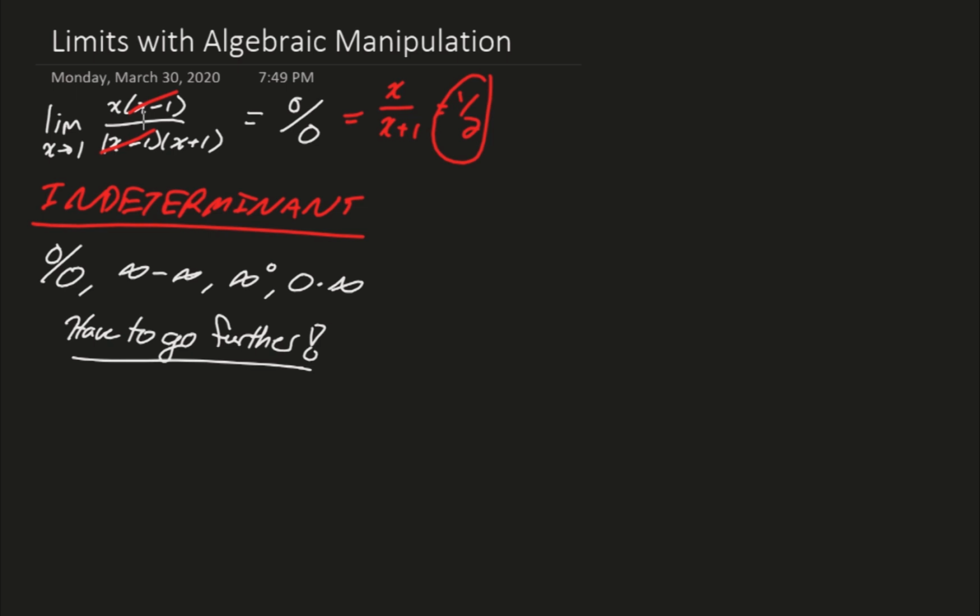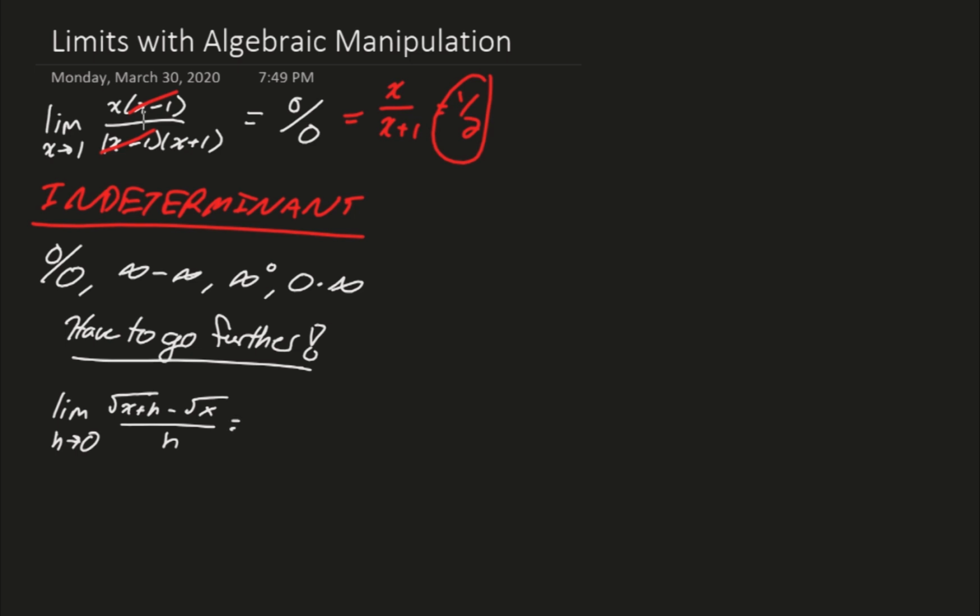So, that being said, there are a couple different times in which we have to do algebraic manipulation. Frankly, it's any time we get an indeterminate answer. So a very, very common one that you're going to encounter when you get into derivatives is this particular situation. You'll become more comfortable with what this formula is in a short while. But let's see here. Say we have the square root of x plus h minus the square root of x over h. This is a problematic form because if we do the limit as h approaches 0,